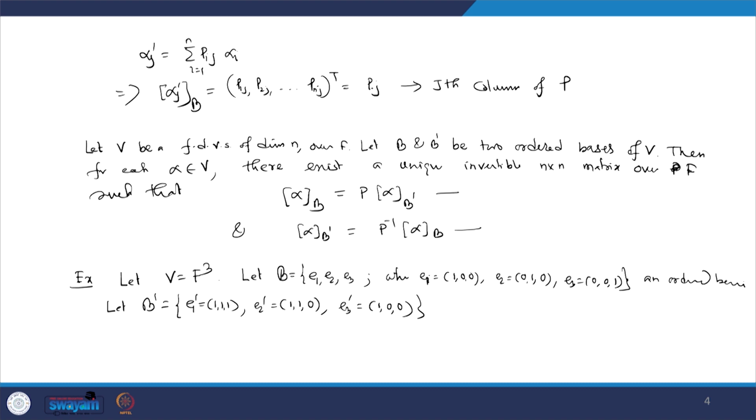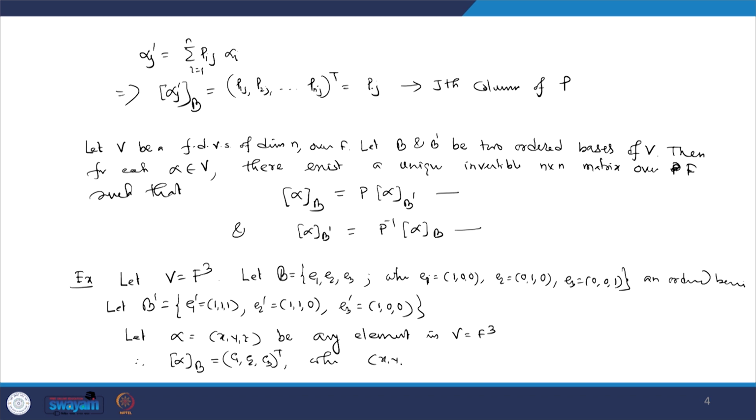So, this is given to us, B prime is also an ordered basis. Let alpha equal to (x, y, z) be any element in V which is equal to F3. So, what about the coordinate matrix of alpha with respect to B? Then the coordinate matrix of alpha with respect to B will be equal to (C1, C2, C3) transpose, where